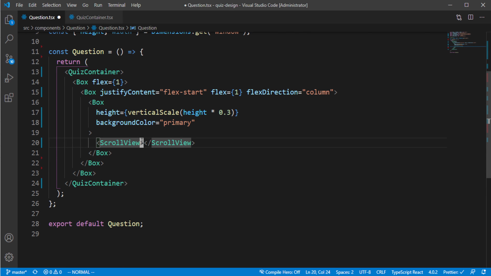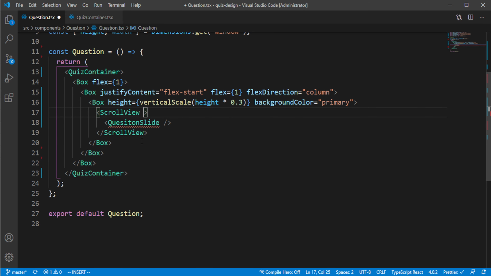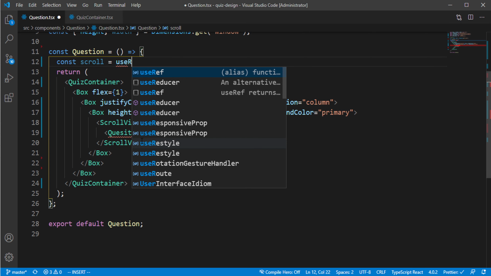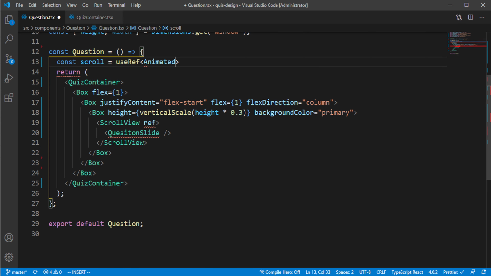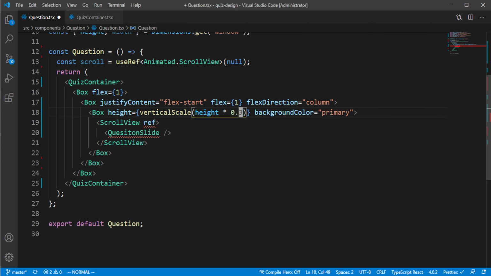So in this scroll view, we're going to have something called the question slide. So question slide is a component, but back at the scroll view, we're going to have a ref. So I'm just going to create a ref called scroll, which is going to use ref, and it's going to use an animated scroll view, and it's going to accept a value of null at first. So the ref is going to be the scroll,